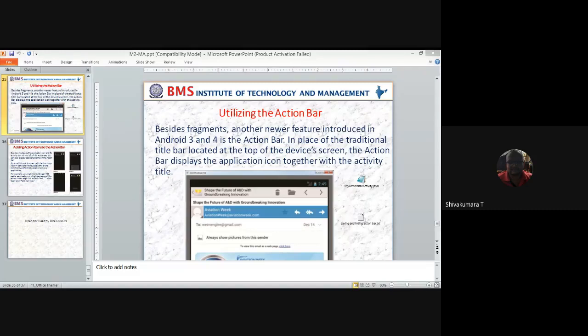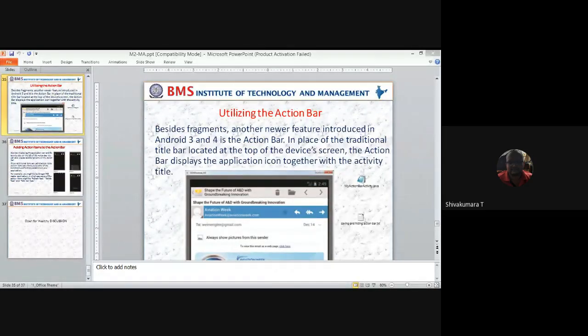So in place of the traditional title bar located at the top of the device screen, the action bar displays the application icon together with the activity title.